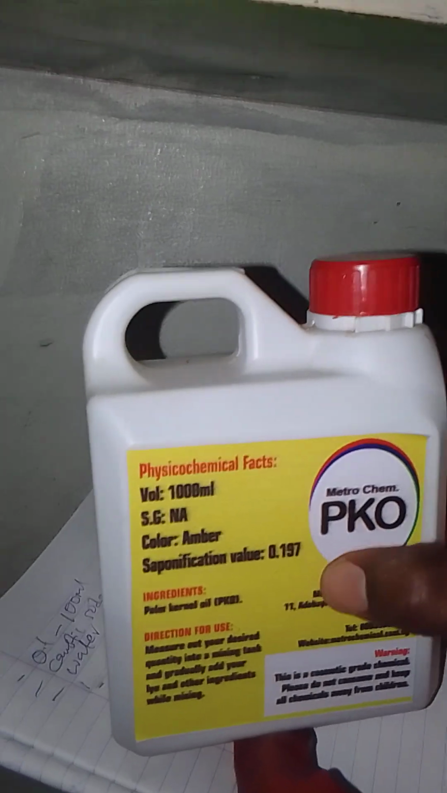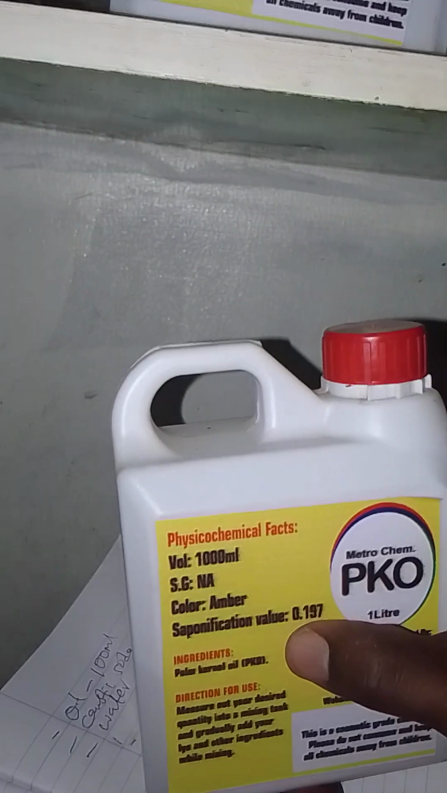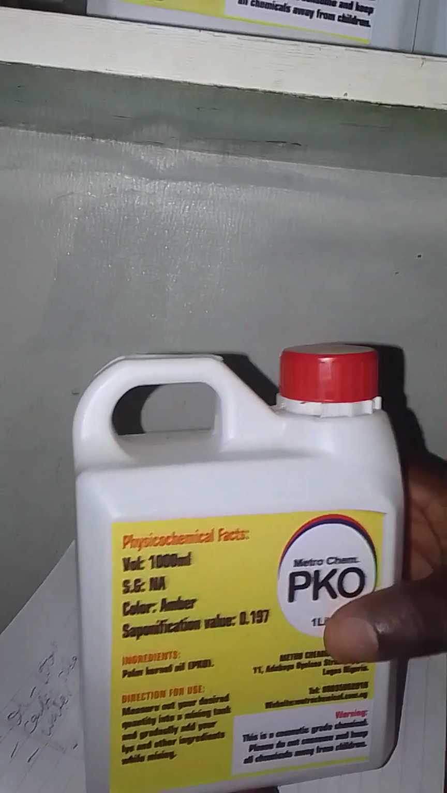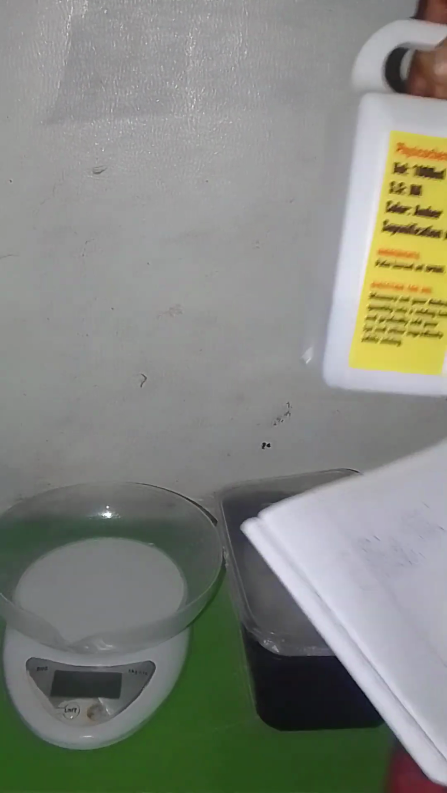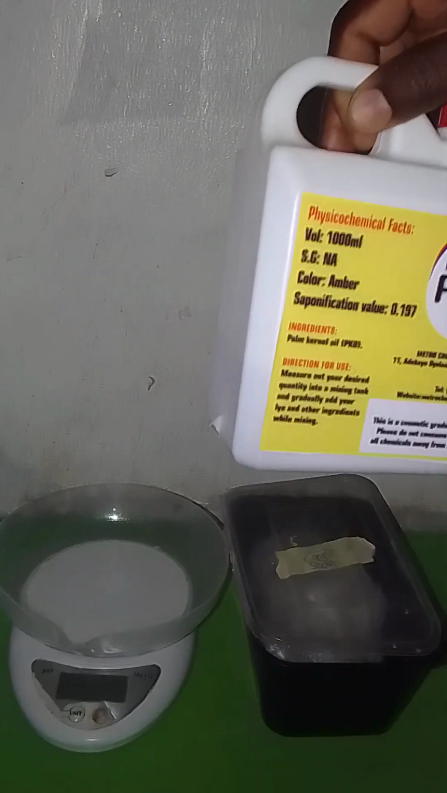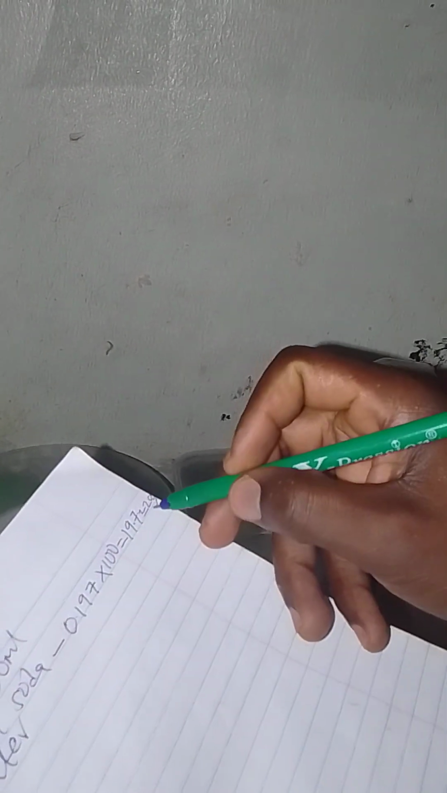So you remember how I got it. You must be using Metrochem tested PKO because we provide the saponification value of the PKO. So you check it on the label, and then you multiply it by the amount of oil that you want to use. If you want to use 200 ml of PKO, you times this value by 200. If you want to use 1000, you times it by 1000. You want to use 500, you times it by 500. But in this demonstration, we are using only 100 ml. So I now multiply the saponification value by 100. That will give me 19.7 or 20 grams. So I'm going to measure 20 grams of